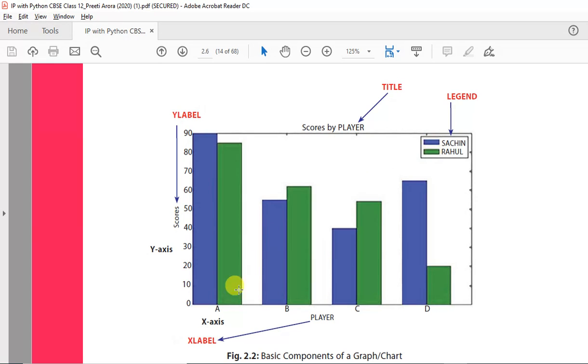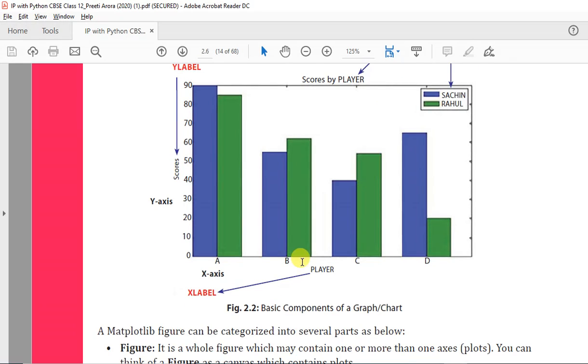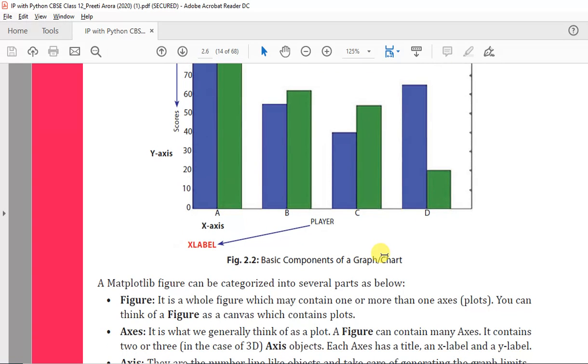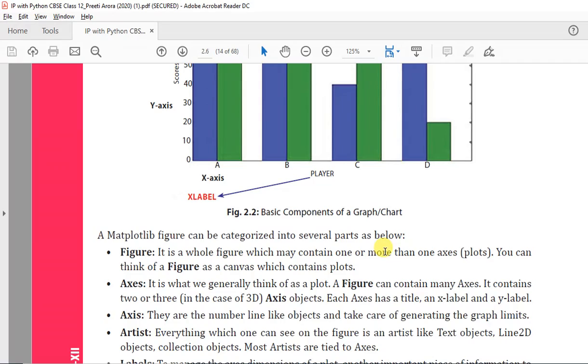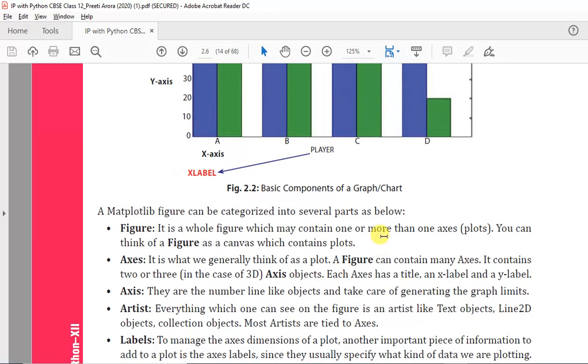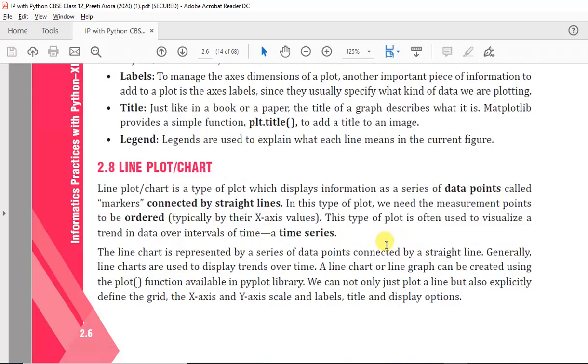A legend distinguishes the data, because the blue bar denotes which data and the green bar denotes which data. Here green denotes Rahul's data and blue denotes Sachin's data. This is the basic component of a graph, and we can create a graph using matplotlib.